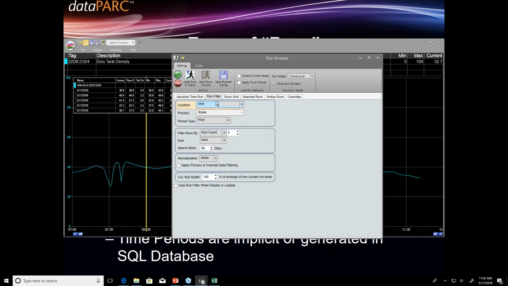So now I'm going to come back to why we need to choose a location and a process. The location picker, this just corresponds to site, and this only applies if you are in a multi-site setup. In general, if you're just working with your own site's data, you have just the one location. Process, this is where